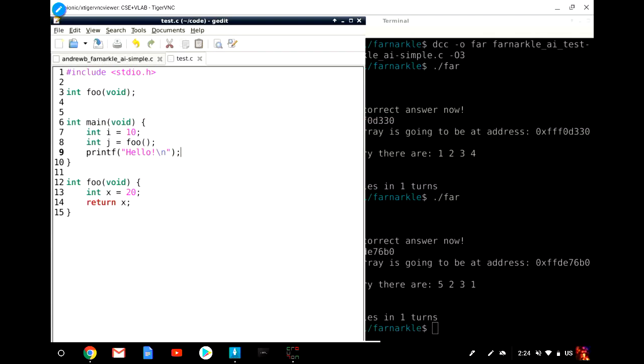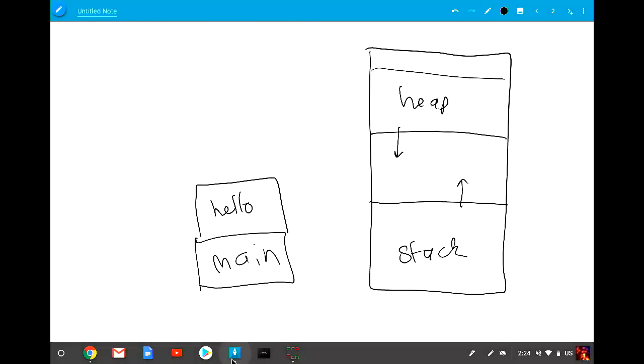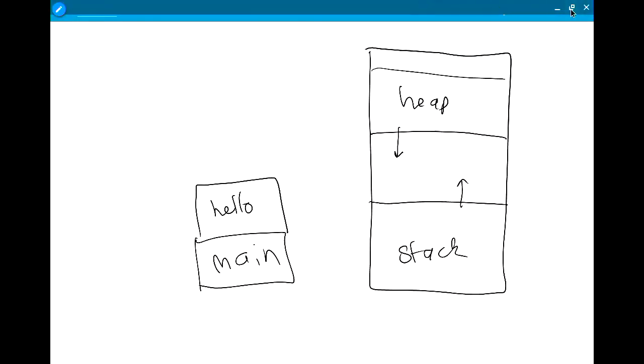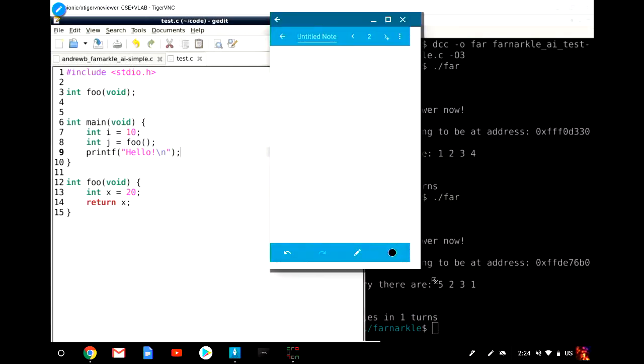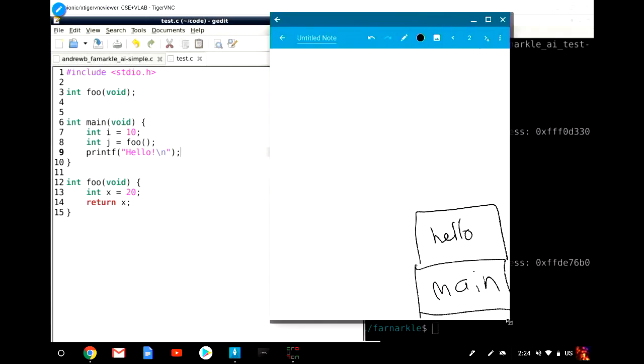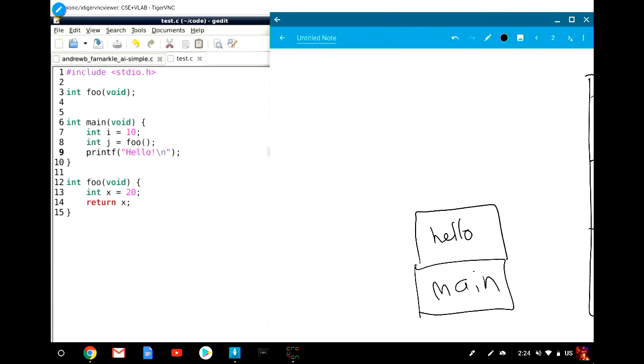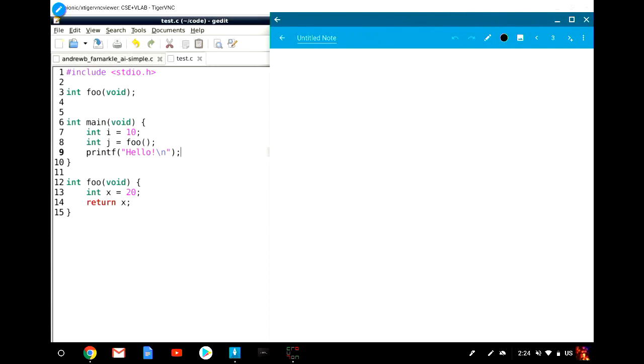So if I add a printf to my code, make this one smaller, here. Okay, come on. So in terms of the stack frames,